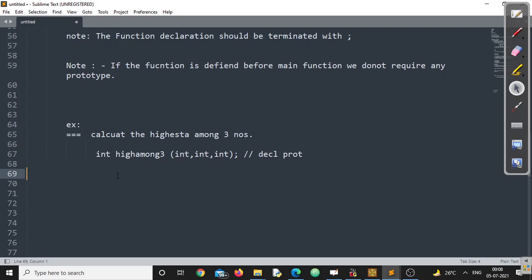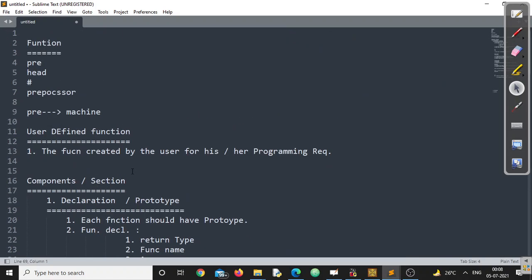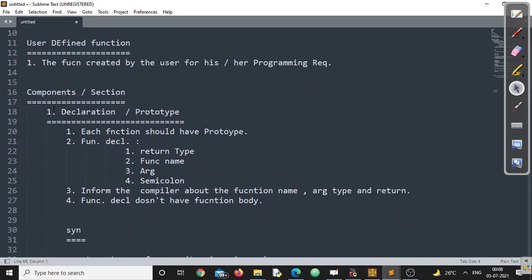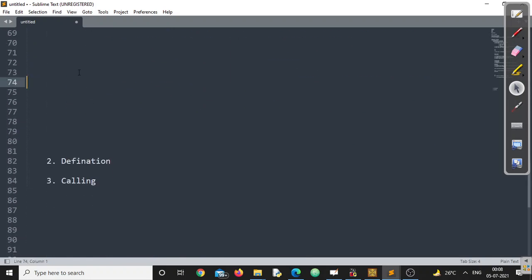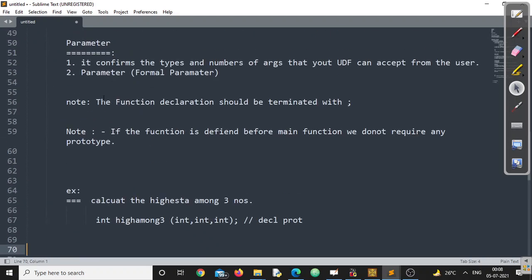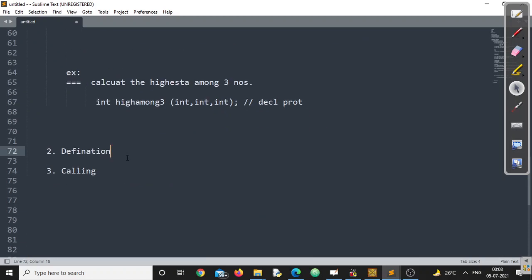Okay, so after prototyping, we should carry forward into the second part of the discussion. The first part we have covered, that is declaration and prototype. What about the second part? The second part is function definition. One thing I have to make clear: function prototype and function definition have an interconnection between each other, right? The function definition's header, the first line of the function definition, should be the same as the function prototype. What does that mean? It will look like return type